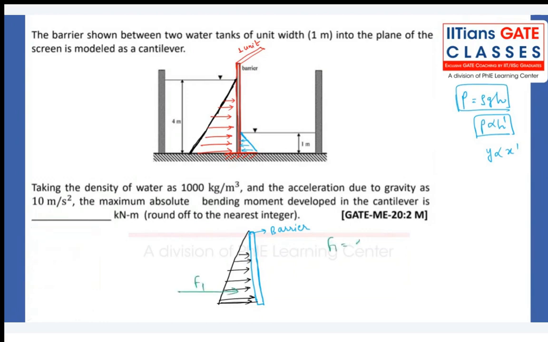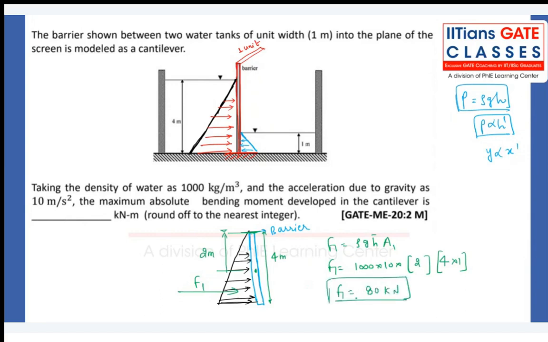F1 will be rho g into h bar into area 1. So 1000 into 10. H bar will be what? The total height is 4 meter, from here to here, and the center of gravity will be here. As the free surface is coinciding with the top edge, it will be at a distance of 2 meter. And area will be what? 4 into 1, because width is 1 unit, right? So what we can calculate from here is that it is 80 kilonewton,